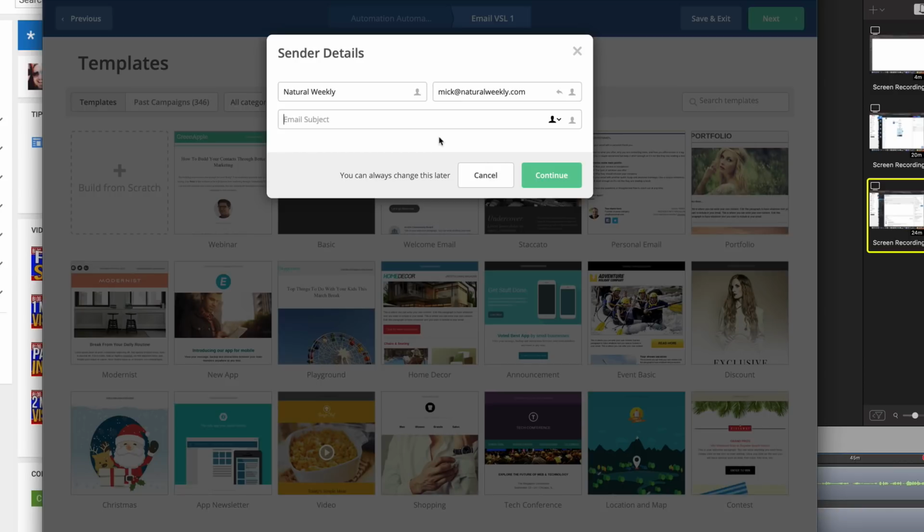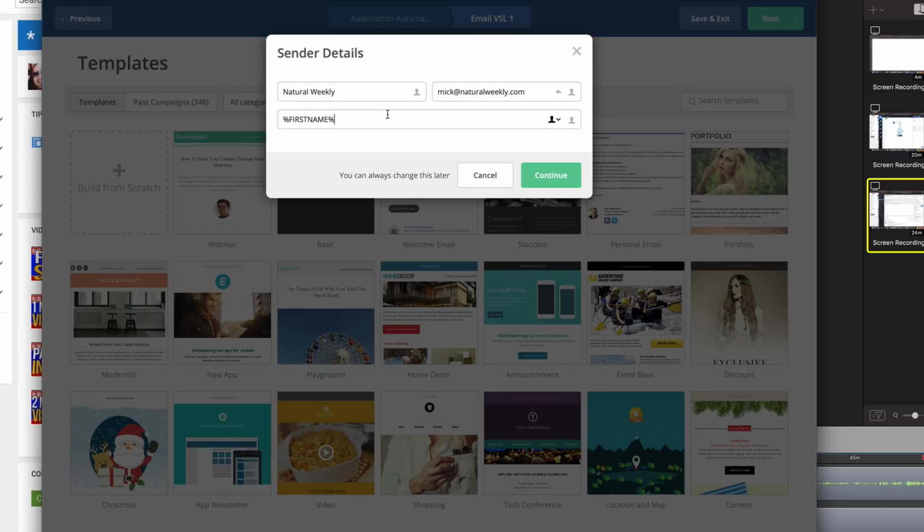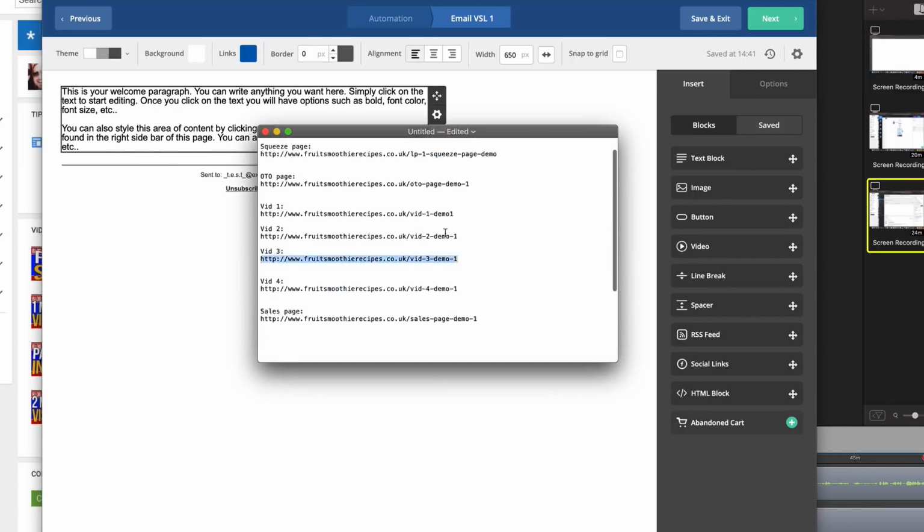So subject title, want to give it a really strong title. So we want to make sure that they absolutely pay attention to this email. So make the first name. If we say something like stop. You won't believe what just happened. So on this one, we really want to trigger curiosity, get them to open the email, because let's drag in